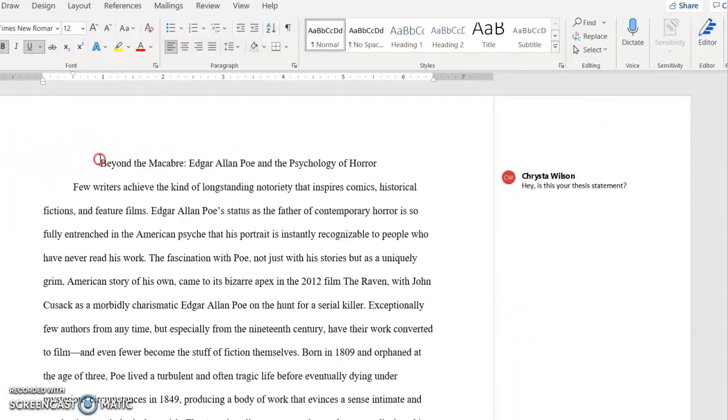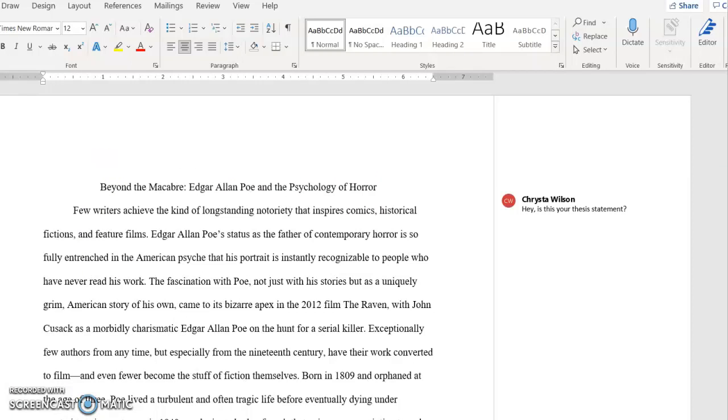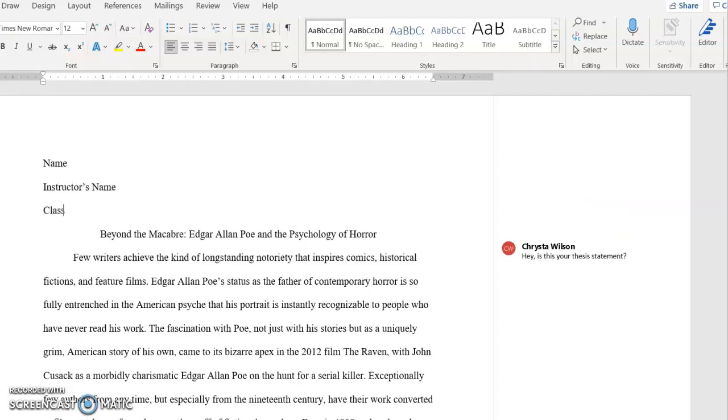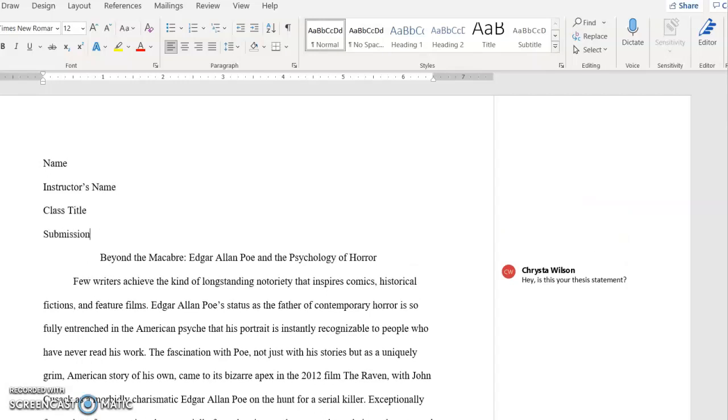Make sure that your partner's paper is also formatted correctly. Since this was a blog submission, I didn't format this correctly, but if I was reading one of your papers, the first thing I want to see is your name, instructor's name, the class title, and submission date. And then up here, you're going to want the page number with your last name. A lot of people want to do this as a header. Creating it as a header is a huge pain. I really wouldn't do it that way.